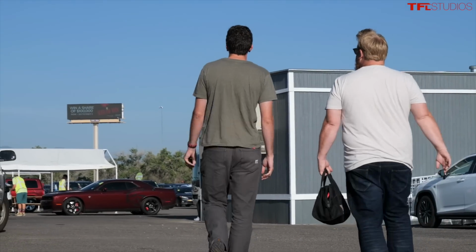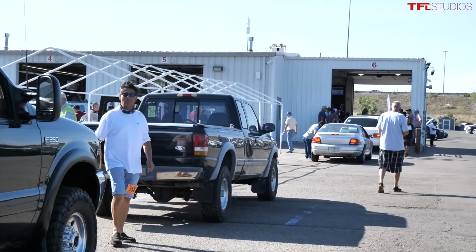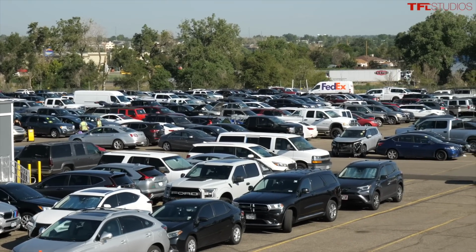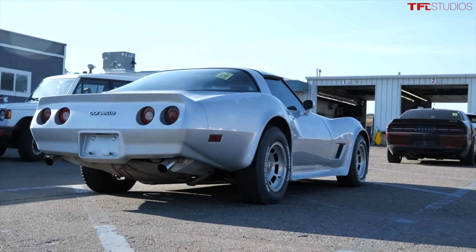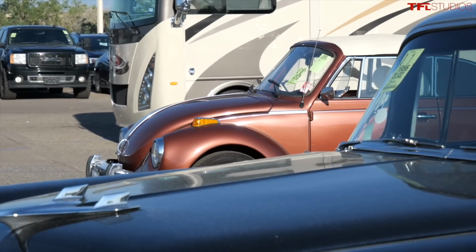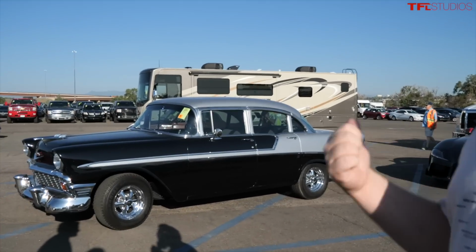So we've come into this giant lot, and over there we see some auction bays and just cars everywhere. And Brendan, what are these cars doing? So these cars are all getting lined up and ready to go through the auction block. Even some of these collector cars and classic cars make it through these dealer auctions. And how do the cars end up here? You know, it varies. Some of them are donated to charities, others are traded into dealers, believe it or not. Even some of these, like this Bel Air that you see over here, could very well have been traded into